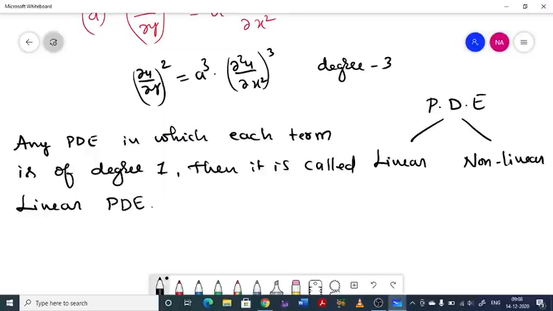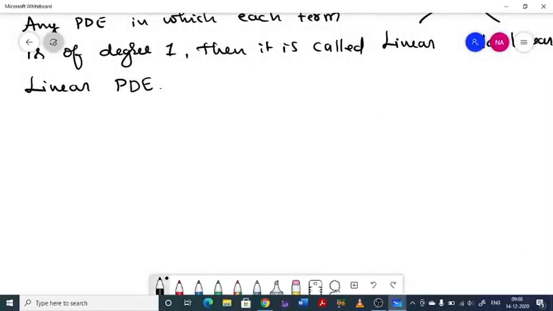So the next important concept here is, see, we are going to study partial differential equations. That is okay, very good. Why do we need these partial differential equations? That is a bit of a thing I have to discuss here. So partial differential equations basically help to write a physical situation in terms of mathematics. So in mathematical modeling, this has numerous applications.